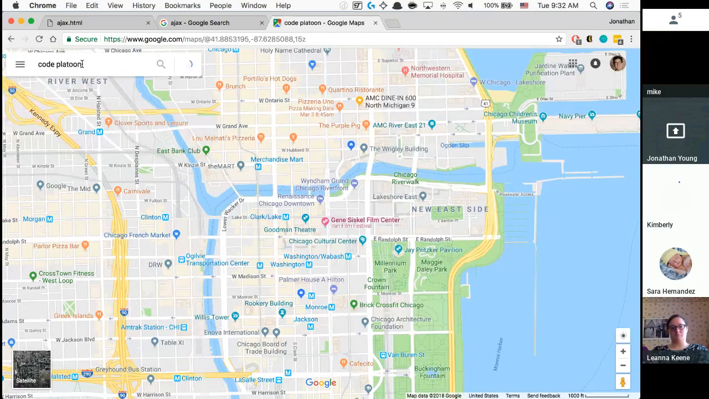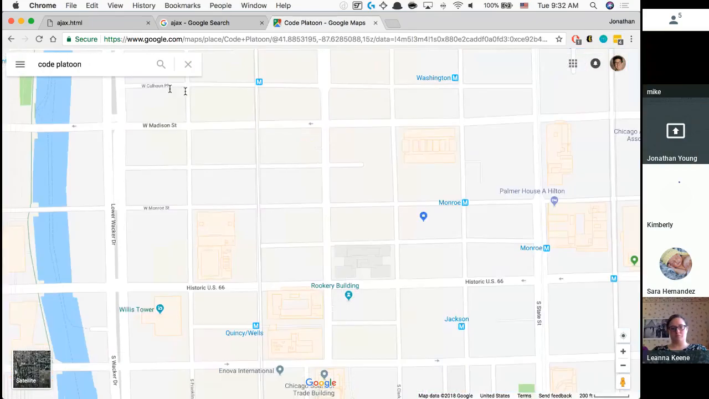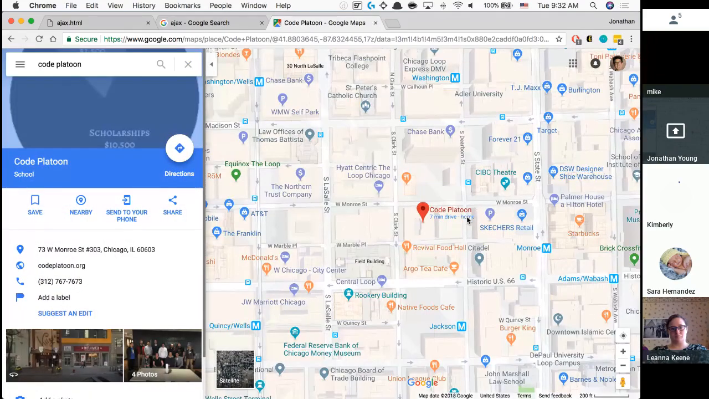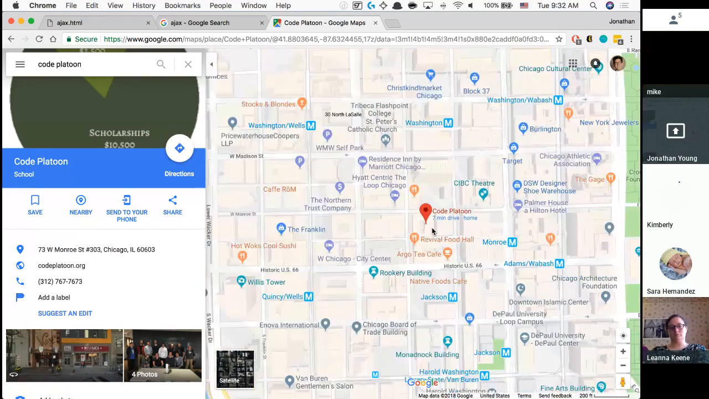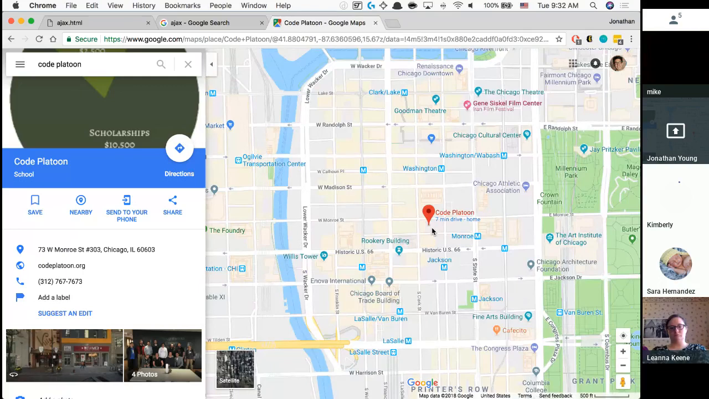Code Platoon. So here we are at Code Platoon. Now, there's a lot of AJAX happening in the background. AJAX being asynchronous JavaScript and XML. These are just requests that are happening in the background. So let's scroll out. If I scroll out here, things get a little bit smaller. There's only big monuments that really matter. So I have the Chicago Architecture Foundation, the Board of Trade, the Rookery Building, and all of the different L stations that are parked around here. L being Chicago's